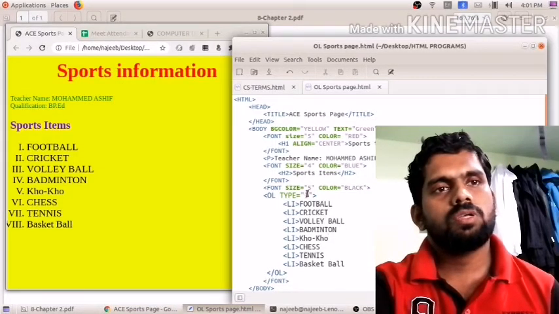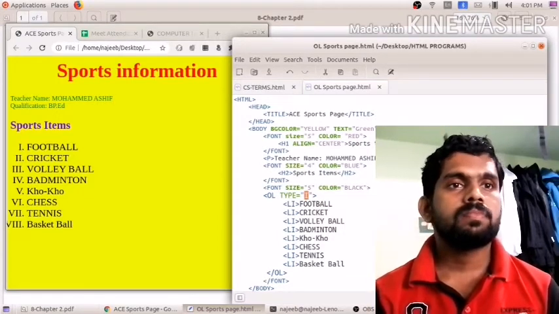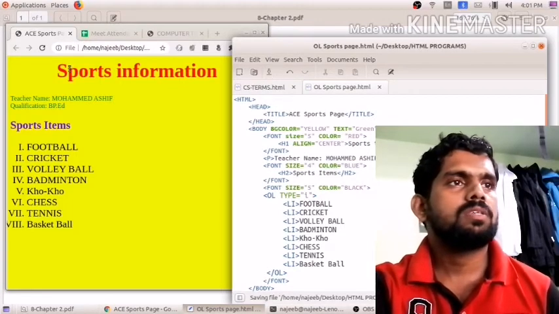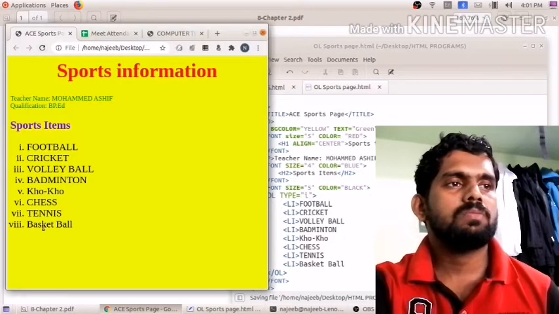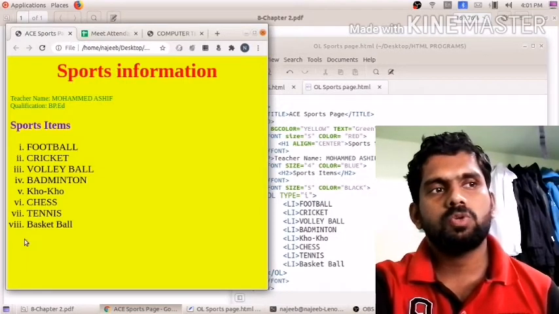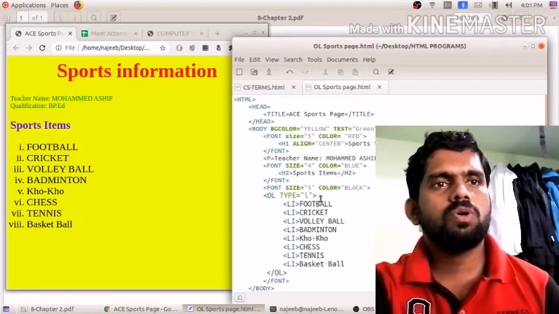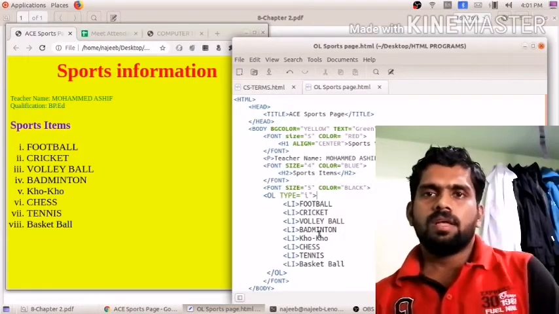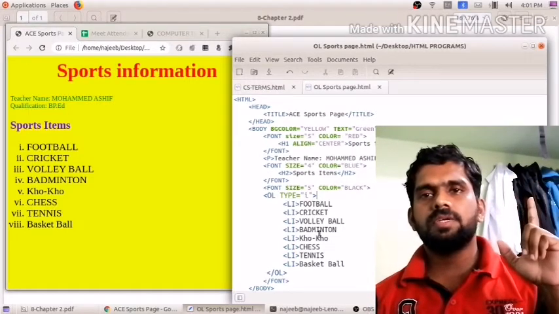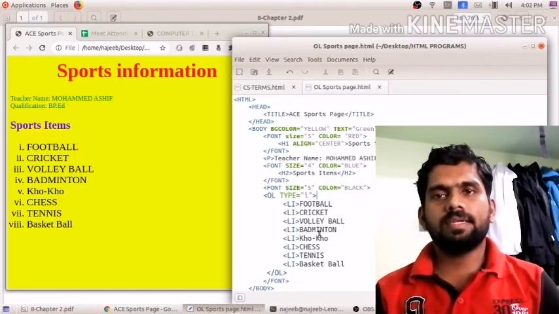Here it was capital Roman letters. Then small letter i means it will be changed to small Roman letters. Saving, reload. In this order it is changed. So we discussed 1 2 3 order, capital letter ABCD order, small letter abcd order, and capital and small Roman letters order.